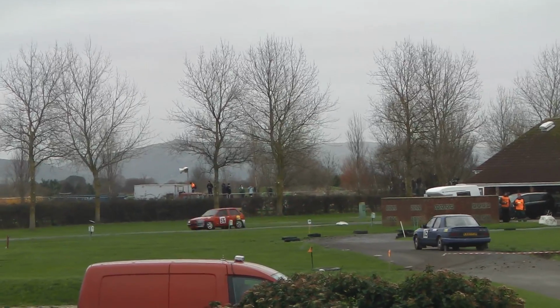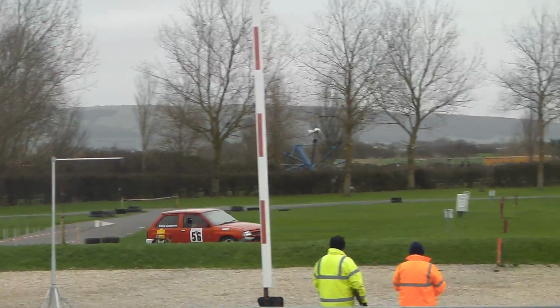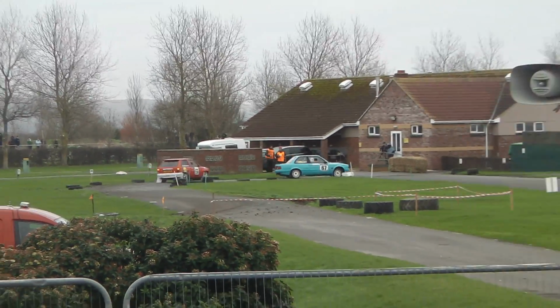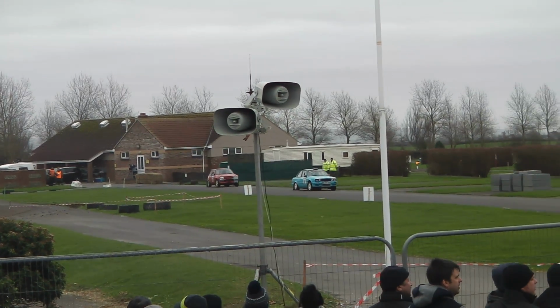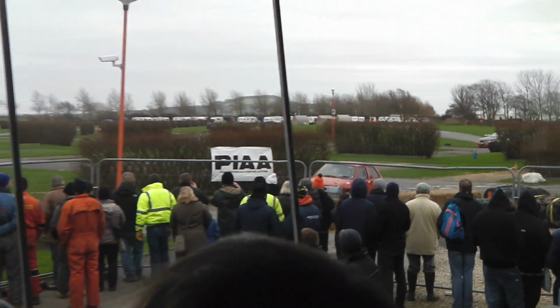Tyres can get very hot as well, not only the tyres on the cars, but if they've been dragging tyres around the stages, those tyres can get pretty warm when you try and remove them from the car. So interesting sights on the finish line for some of those marshals as they see cars coming through with added material underneath them. Yeah, definitely not something you want to happen really. You've already built the car, make sure it's fitting perfect for